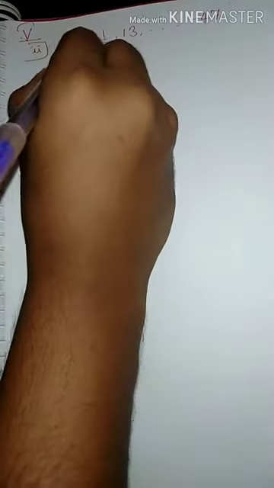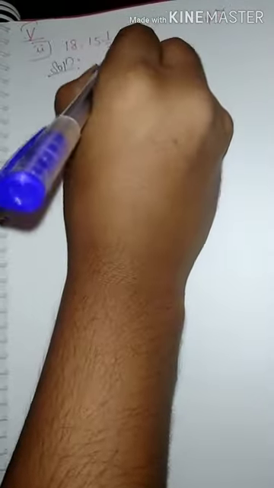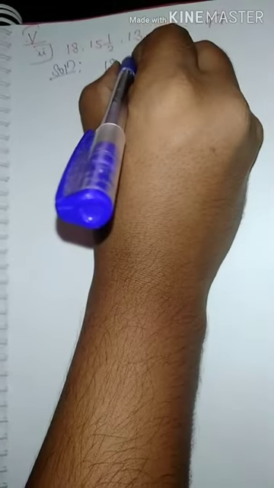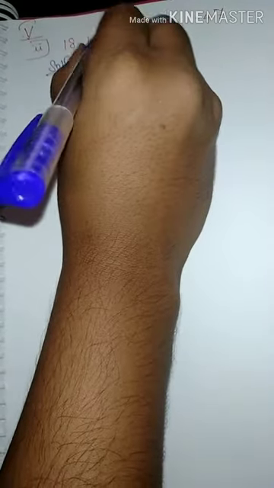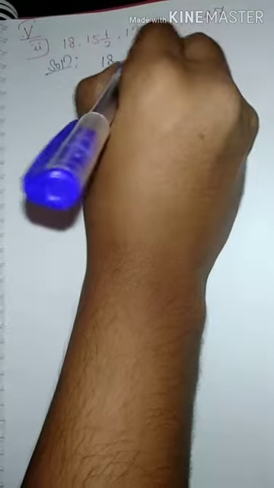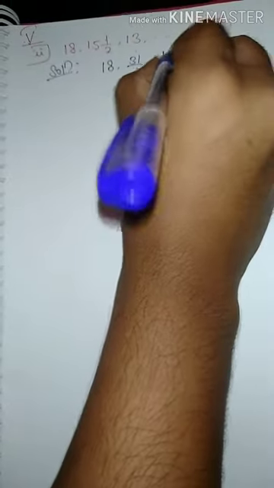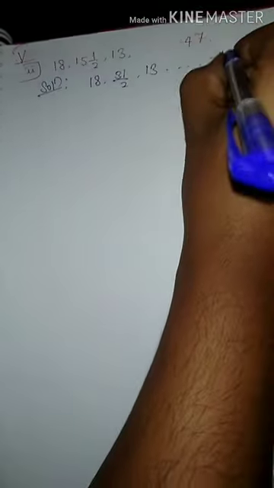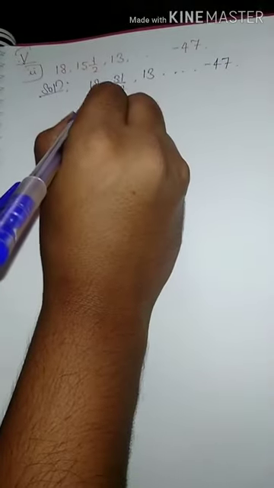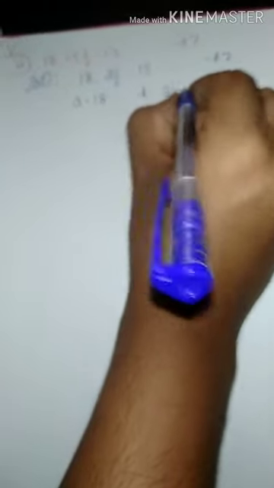Solution. 18, 15 whole 1 by 2 is nothing but 15 2s are 30 plus 1, 31 by 2, 13, and so on up to minus 47. Given that A is equal to 18 and D is equal to T2 minus T1